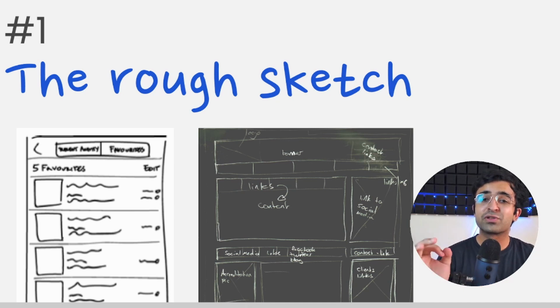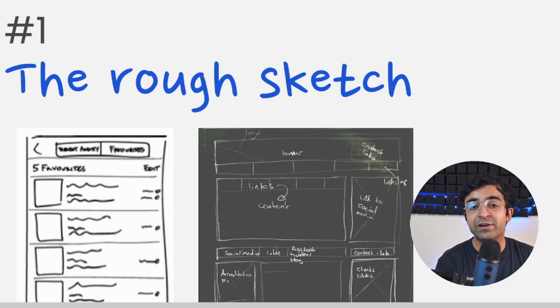The rough sketch is also the safest kind of wireframe. Why is it safe? Because you generally can draw something like this in an instant. In 2 minutes, you'll have an entire website sketched out. And that way, it'll help you understand whether the other person you're talking to or any of the other stakeholders are on the same page as you. So it's easy, it's cheap, and you don't have to be a designer to draw something like this.